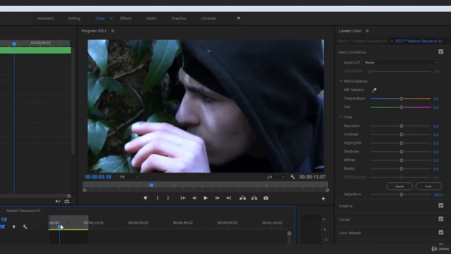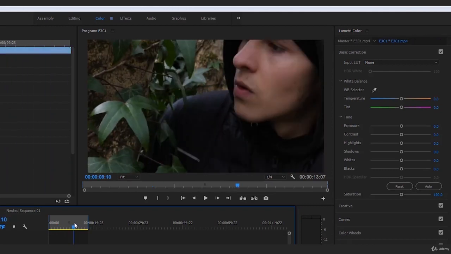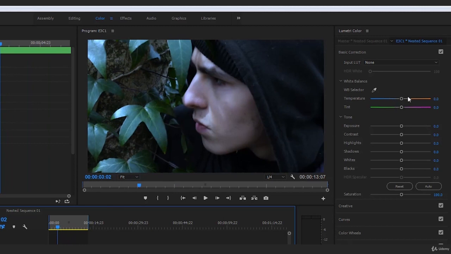So if we go back over to this one, obviously this one here is looking much more orange and much more bright. So we would probably start bringing our temperature up towards this right hand side, but obviously on this clip here. And you can see if we do start dragging this up, we are bringing those colors even more to reality. So I want you guys to do exactly what I've just done, which is drag that temperature from